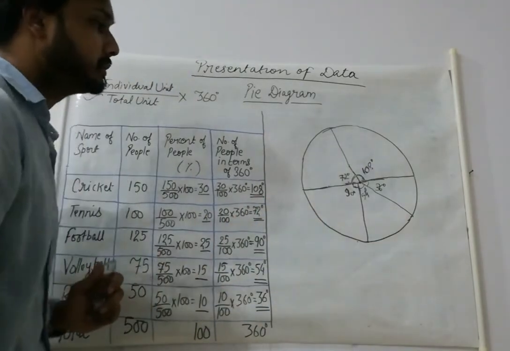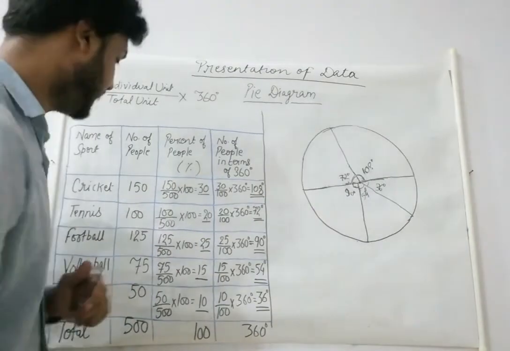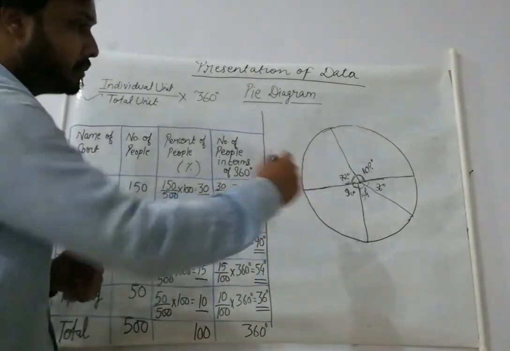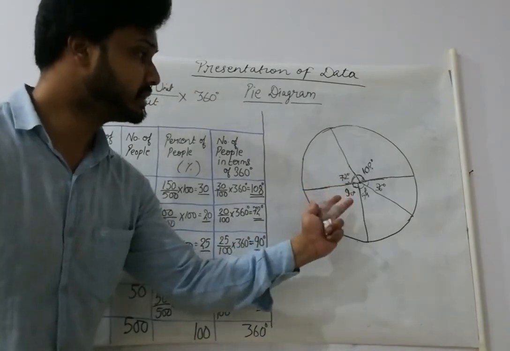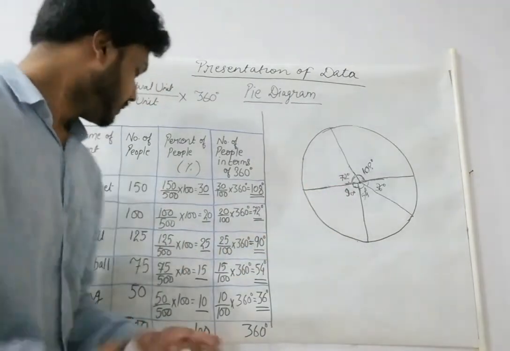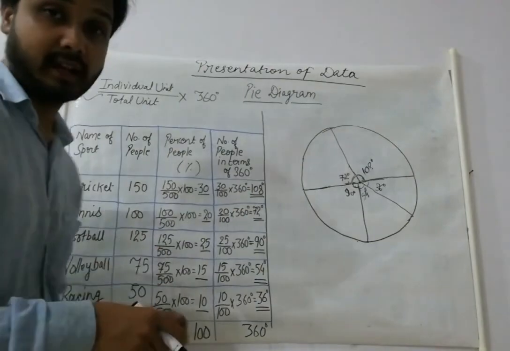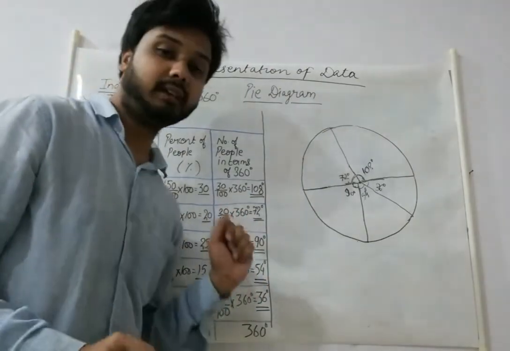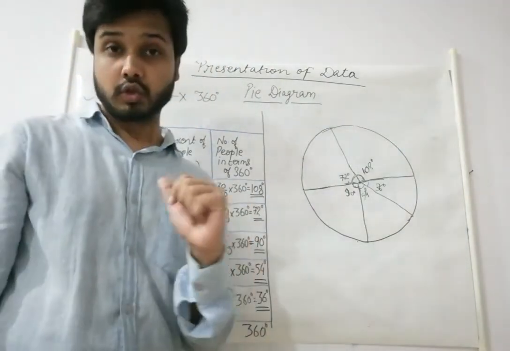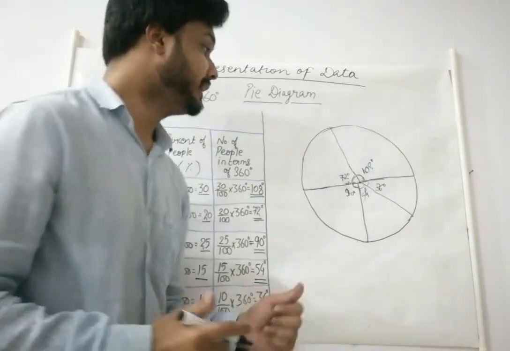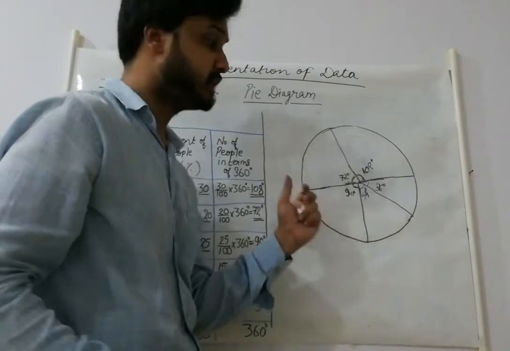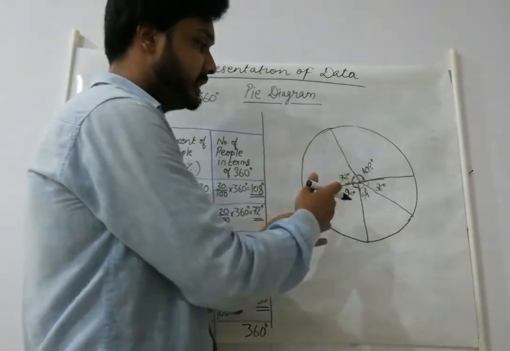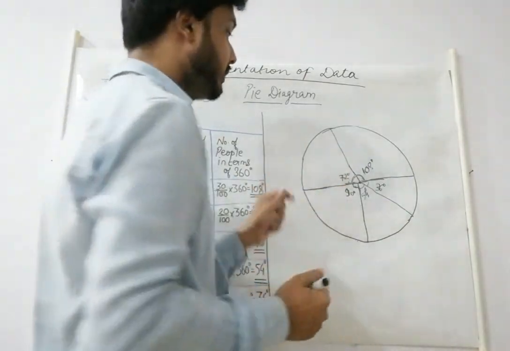But now something is missing here. What is missing is that we are not able to find out with the help of the diagram what these degrees are representing. Whether it is representing cricket or tennis, we are not able to identify. So for this we will have to make an index. You can make a shade of any design. Just make designs which differentiate the entire diagram into different parts.